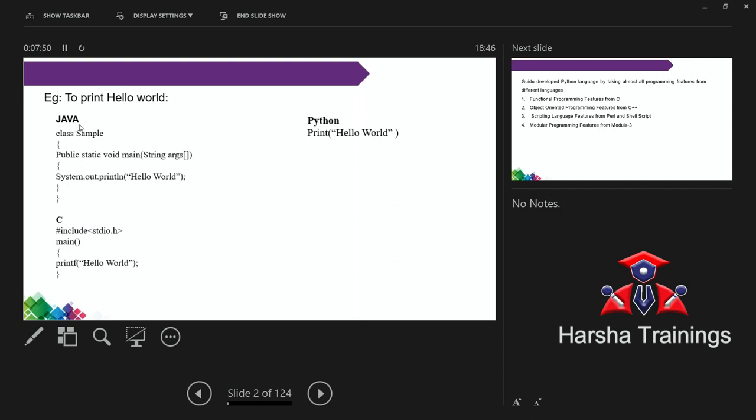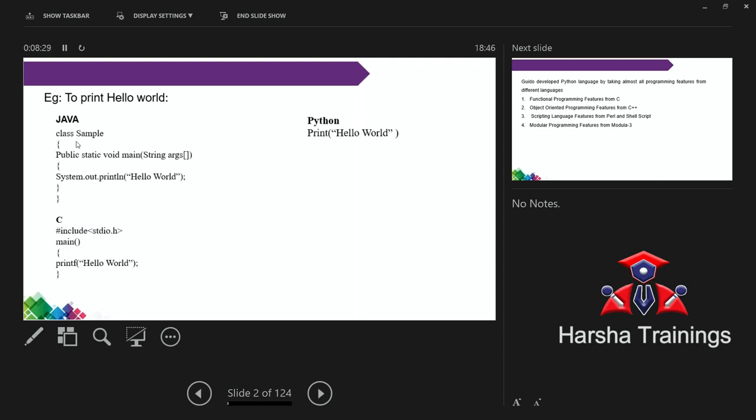First, coming to the Java language. In this, I think everyone knows procedure oriented programming and object oriented programming. Even though you don't know, no problem. I will explain both things. C language is a procedure oriented language. In this, everything is related to functions. Coming to Java, Java is an object oriented programming language. Here everything is related to objects. Remember the two differences: one is related to functions, another is related to objects.